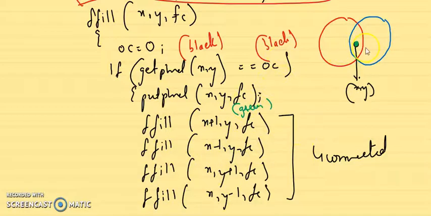So we have already seen this. I'm currently out here. This is being colored. So where is it going to go? To the right, because it is x plus 1 comma y. So it will go right to this pixel. What is it going to check? Whether this is equal to black or not. Yes, this is equal to black. So fill this up with the desired color.